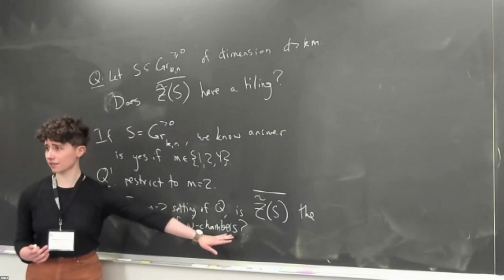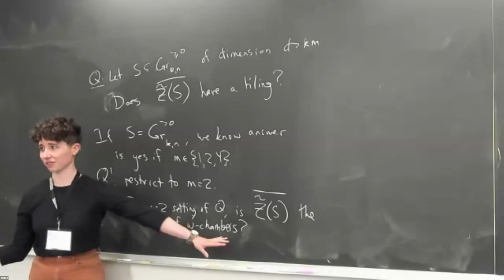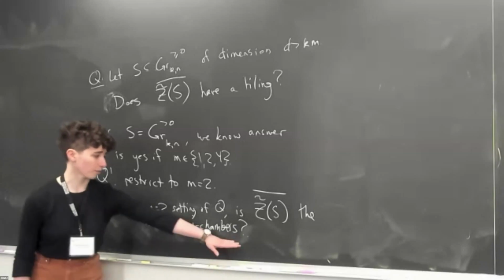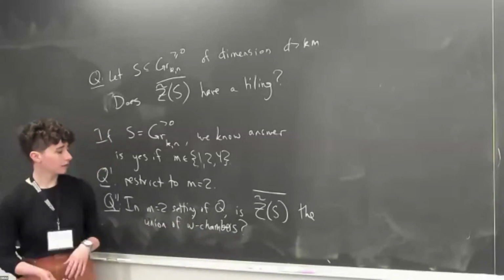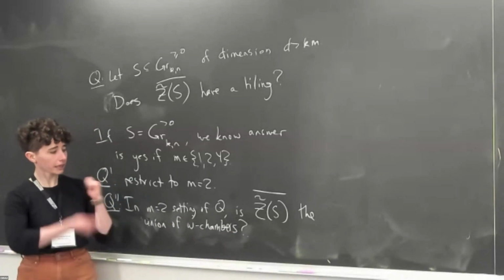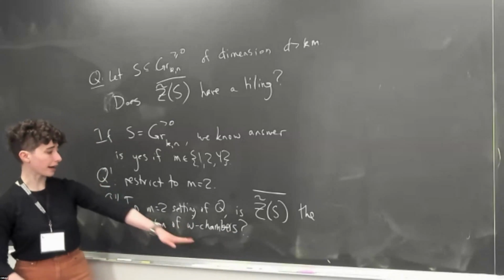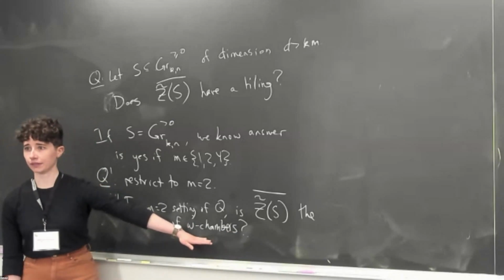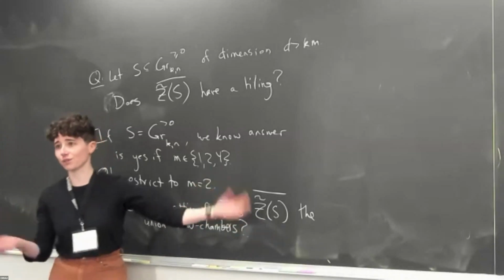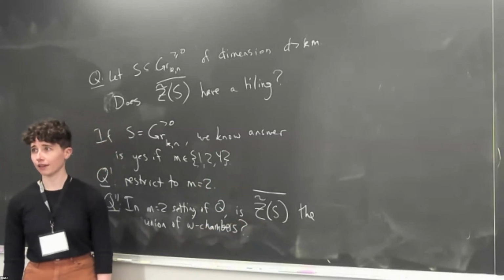W chambers, Rand discussed them in his talk. There's something special for m equals 2, in that we don't know how to make good sense of them for other m. But if you remember, W chambers are just a region of the Amplituhedron specified by picking the signs for every twistor coordinate. And all of the tiles are unions of W chambers. So if this thing had a tiling, it would certainly be a union of W chambers. You can also ask this separately: can you just write this as a union of W chambers? Okay, that's my question.